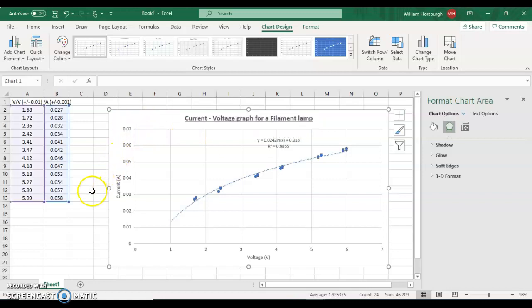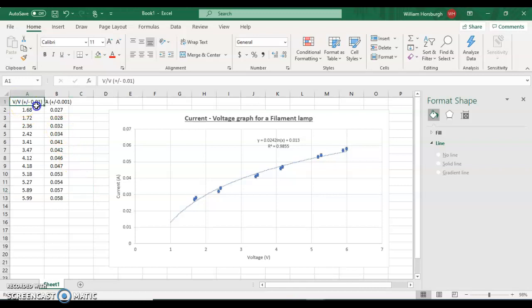And there we have our graph. Now, ideally, we would have a raw data table followed by a process data table. But as I said, we don't have any data processing to do, so we don't have a process data table. It's literally the same thing. But that's another example as to why this